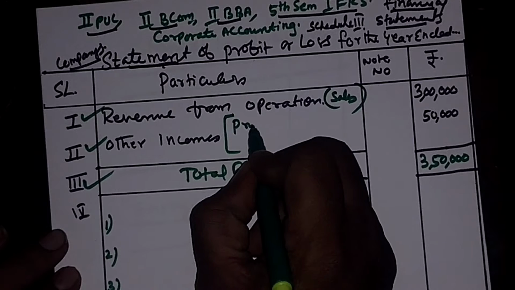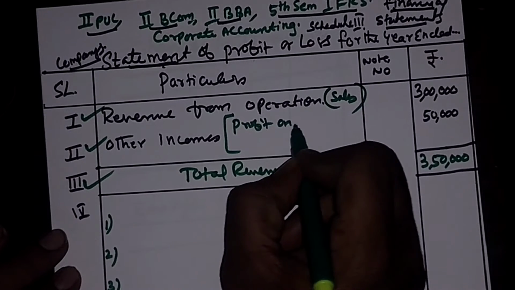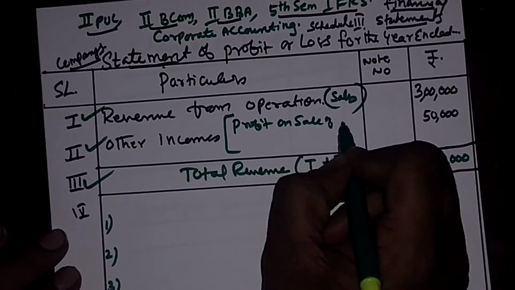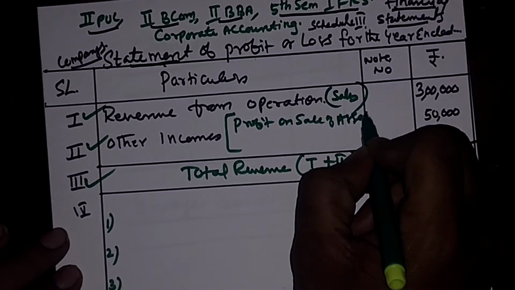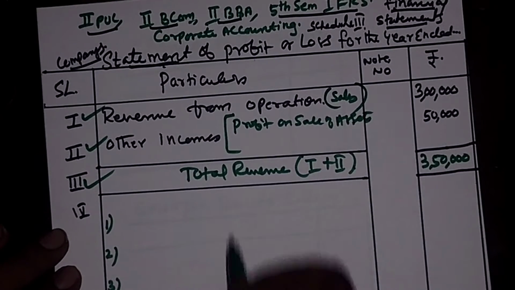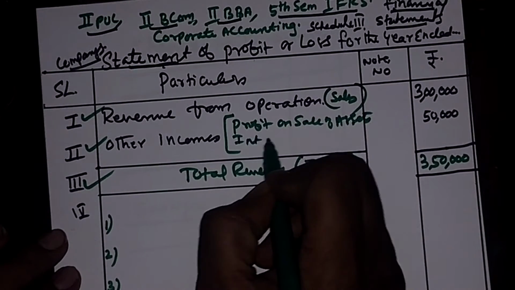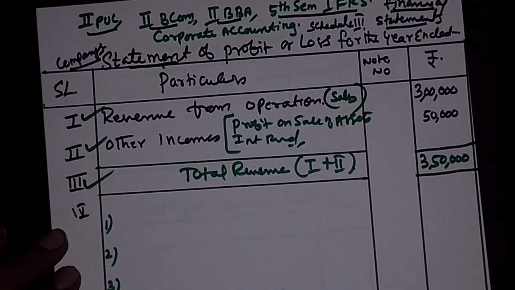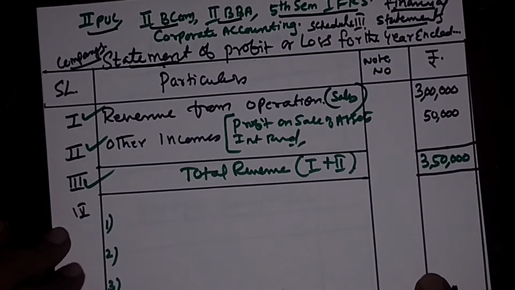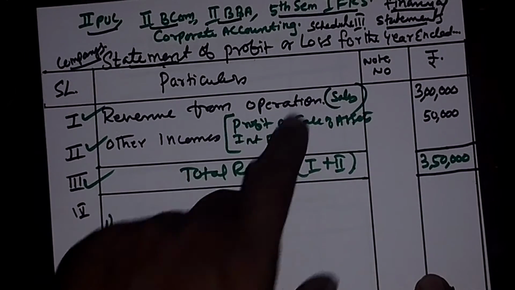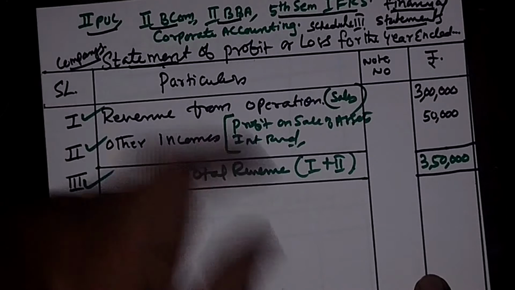One, it is profit on sale of assets or interest received on investment or discount received, like that, which is not from the operating activities, which is other than